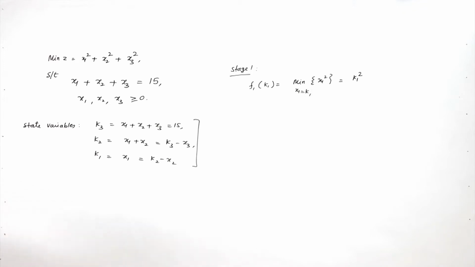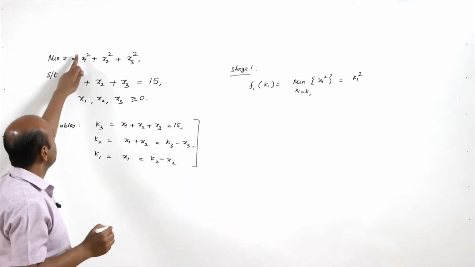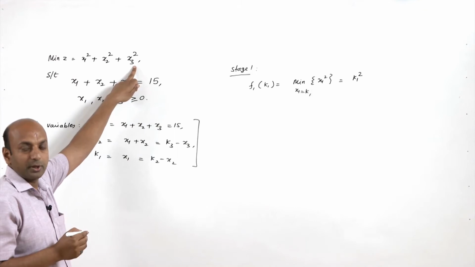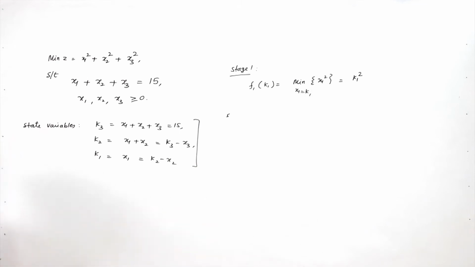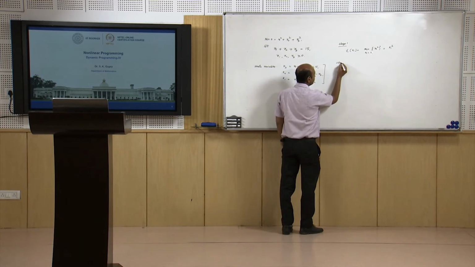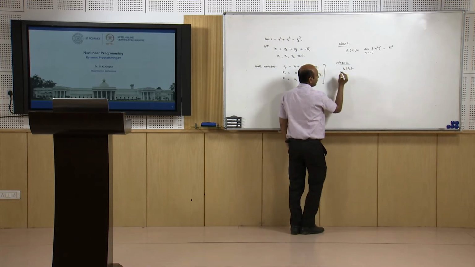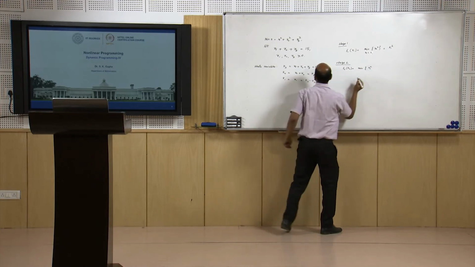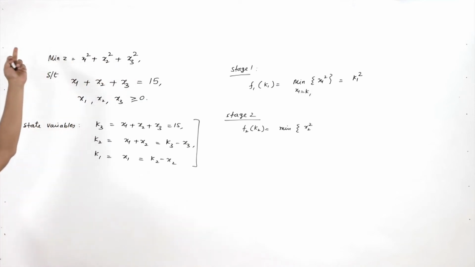In this approach we are moving in a forward direction. We first take this stage, then this stage, and then the combined stage, stage 3. It is our choice whether we take backward recursion or forward recursion. Here I am taking forward recursion. Now stage 2. In stage 2 we take f2 k2. What is f2 k2? It is the minimum of x2 square, this objective function, plus whatever you obtained in the previous stage,